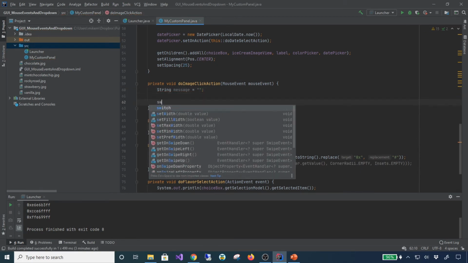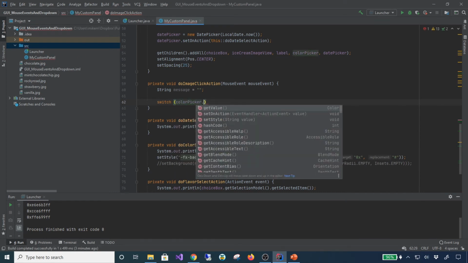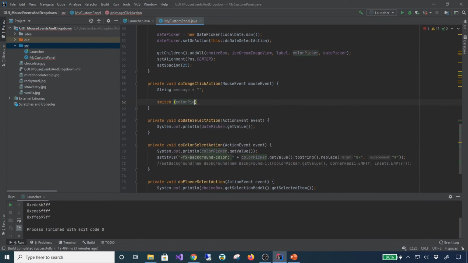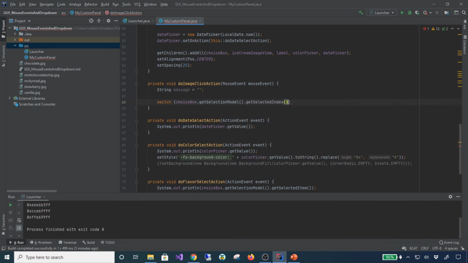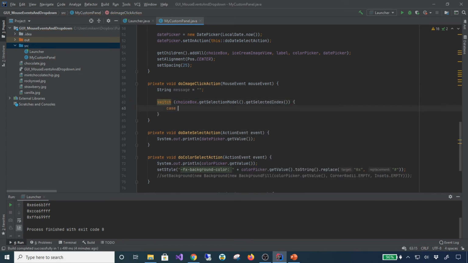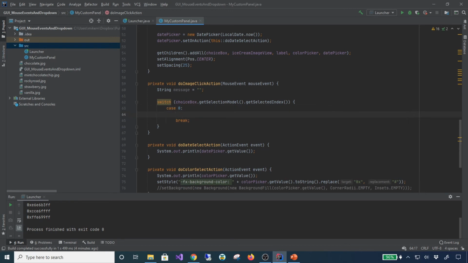And I'll just make a switch because I don't really use switches that often. And then I'll do ColorPicker dot, oops, not ColorPicker, dang it. It's a ChoiceBox dot get selection model dot get selected index. Okay, so we only have 5 possible options. So case, if it's 0, and then we'll break. So if it's 0, that means they selected vanilla. We'll just say vanilla,